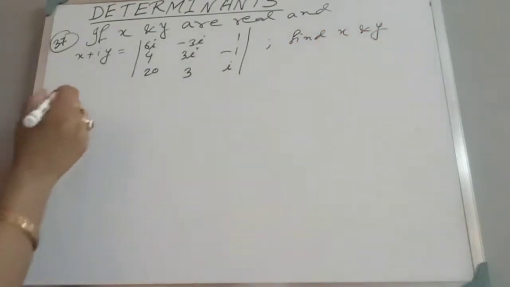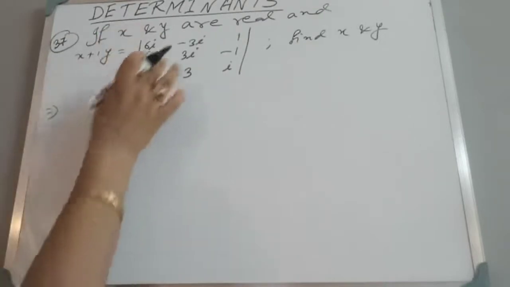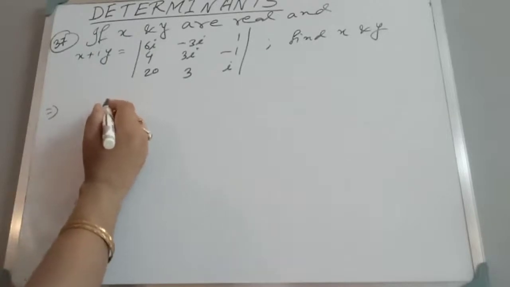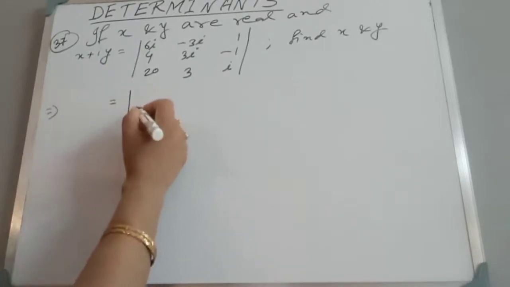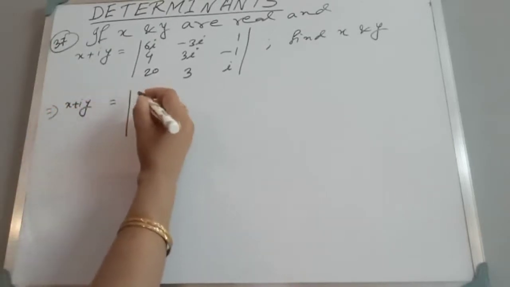Now, x plus iy is already given here, I am doing the solution directly from here. x plus iy is equal to,